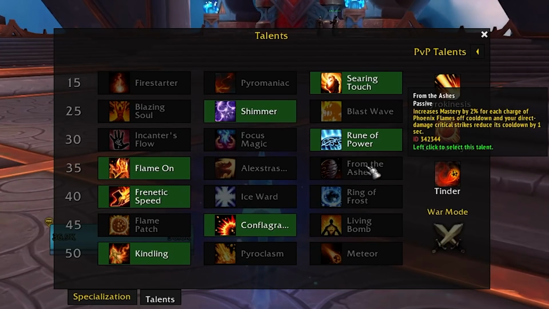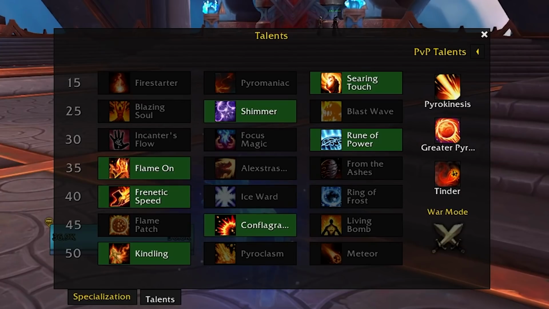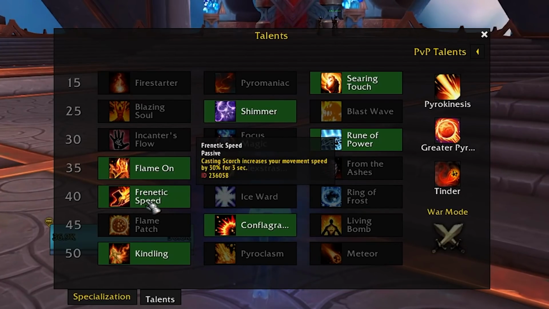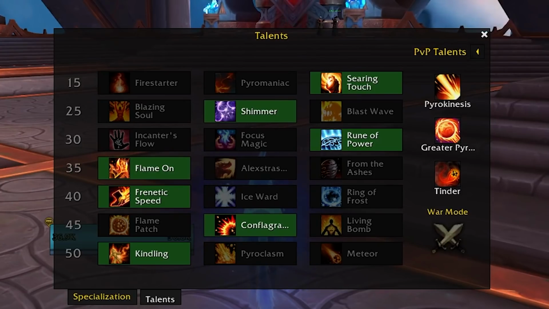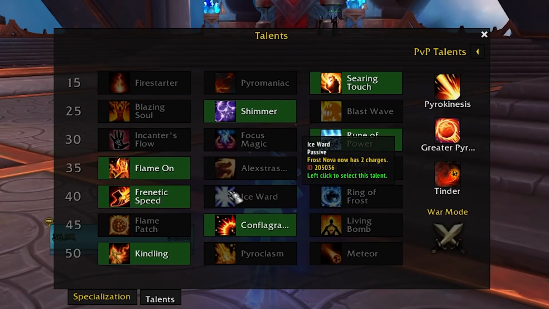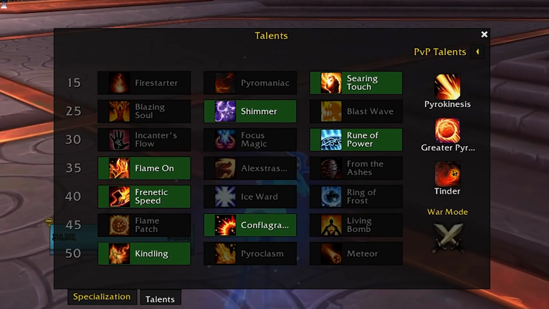But again, since we do no damage outside of combustion anyway, you don't really need your Phoenix Flames for spreading Ignite outside of combustion. On the 40 row we have Frenetic Speed. You'll be taking this in pretty much all situations because it synergizes really well with Searing Touch. It's really nice to give you that movement speed in the execute so you can do more things. And then the other choices are really niche and only used when you need to CC trash or packs